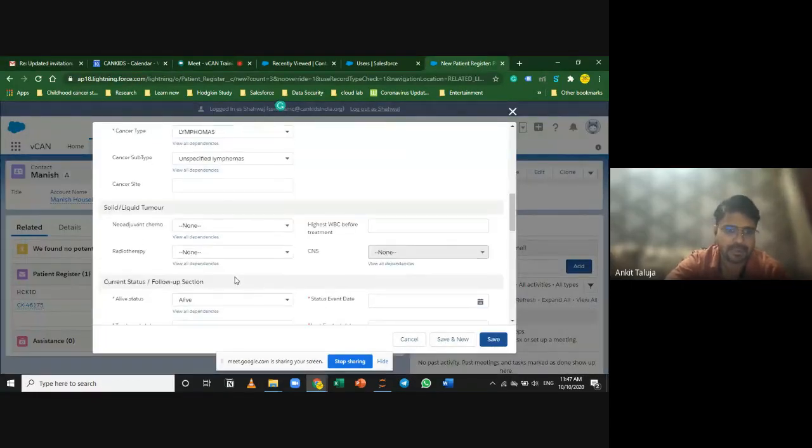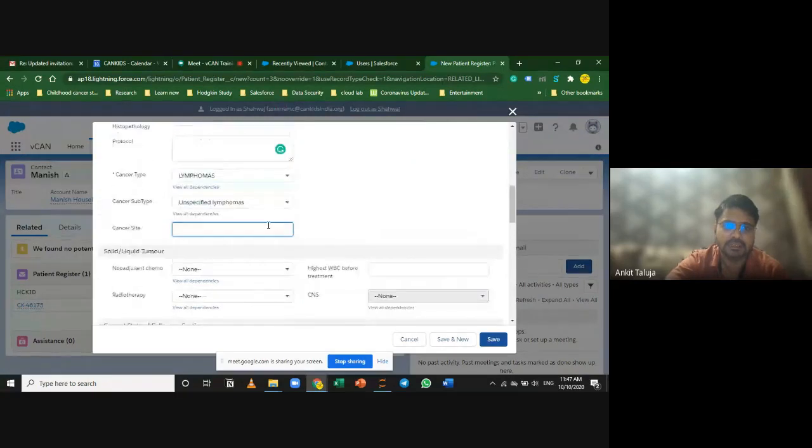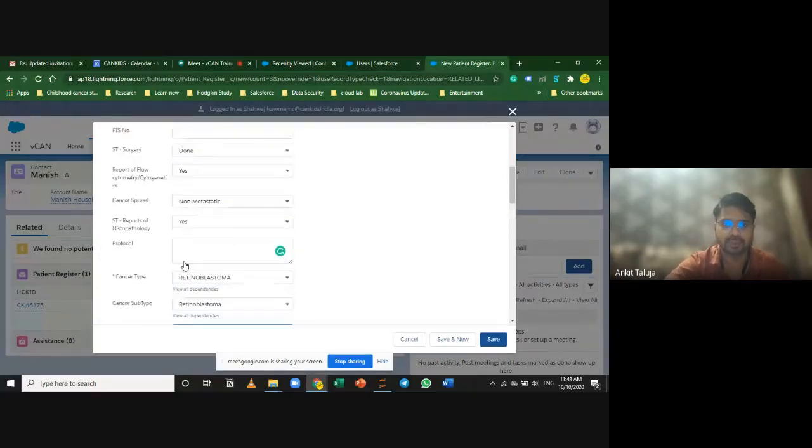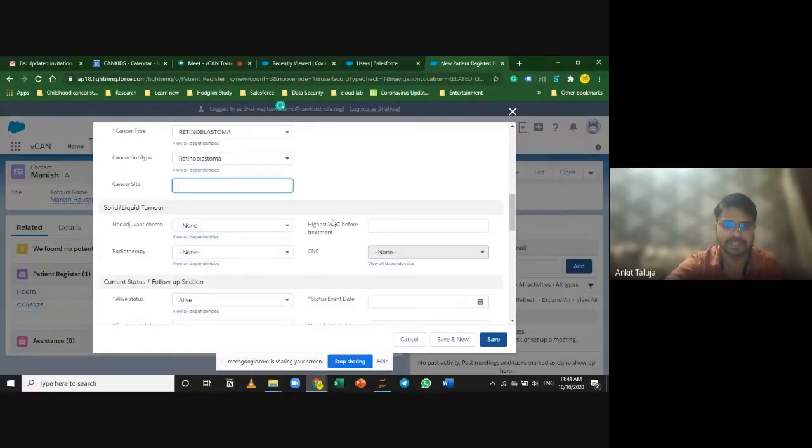Okay. So the cancer site is applicable for some solid cancers. Solid cancer, for example, retinoblastoma, you have to specify if the cancer is unilateral or bilateral, right? Or in the right eye, or which eye it is. If there is bone cancer, you have to specify which bone, right? So this is the field for the cancer site. All right. This is very technical detail. I'll be skipping on to